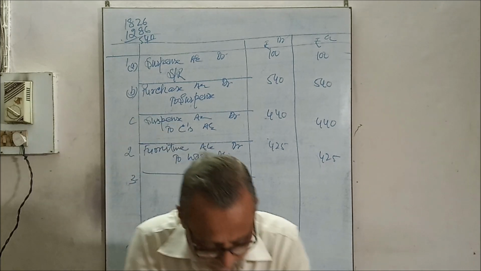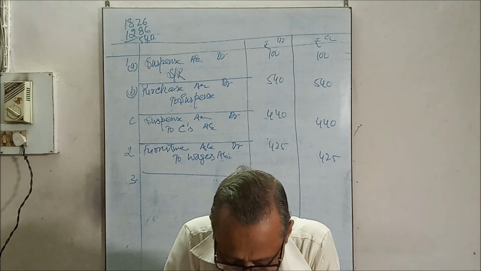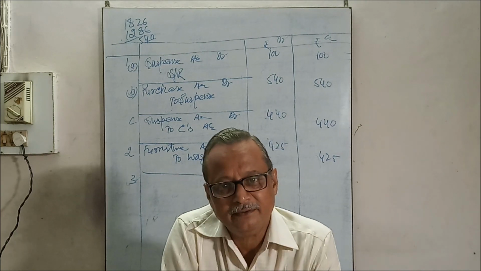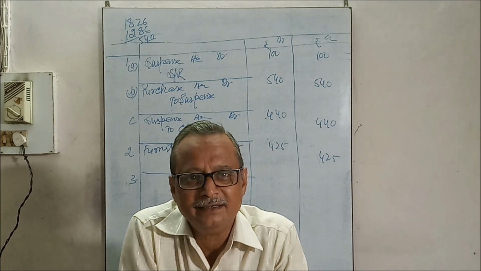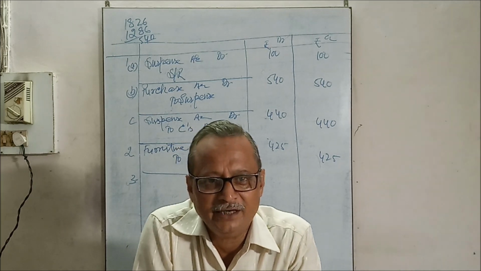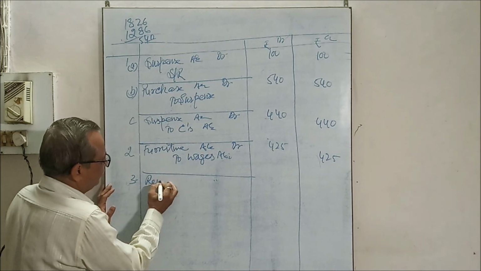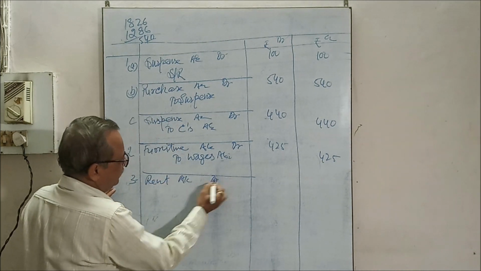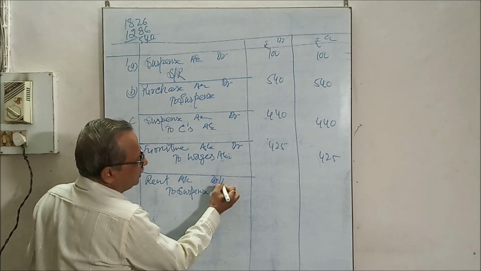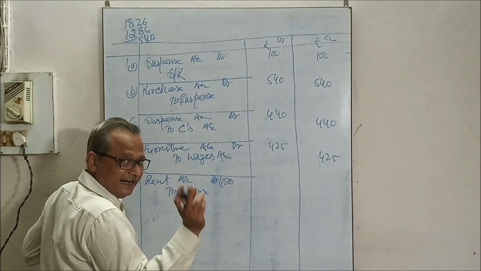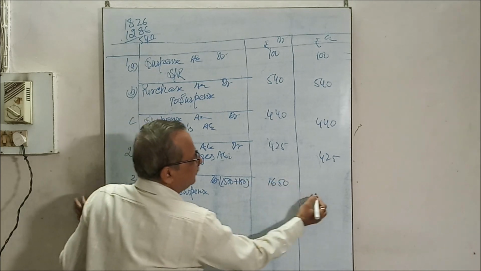Third, rent paid 1500 was posted to the credit of rent account as 150. Rent paid 1500 is an expense, but it was entered as an income. It was credited by rupees 150. The rent should be debited now. The rent account debit to suspense account. With how much amount? 1500 should be debited. 150 was credited wrongly, so both amounts should be added, and this is 1650.